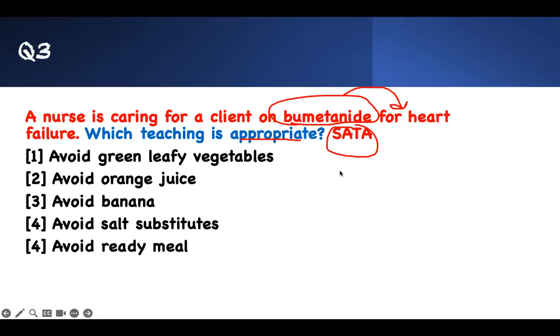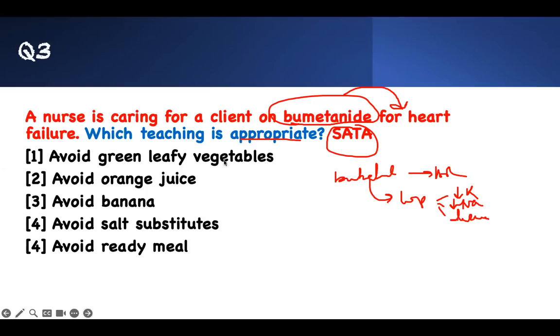So for my SATA, I take Bumetanide in heart failure. Tell myself, what is this? This is a loop diuretic. What do they do? They will decrease my potassium. They will also decrease my sodium. That's how they control your blood pressure and edema, right? They can make you dizzy, right? But which of these is